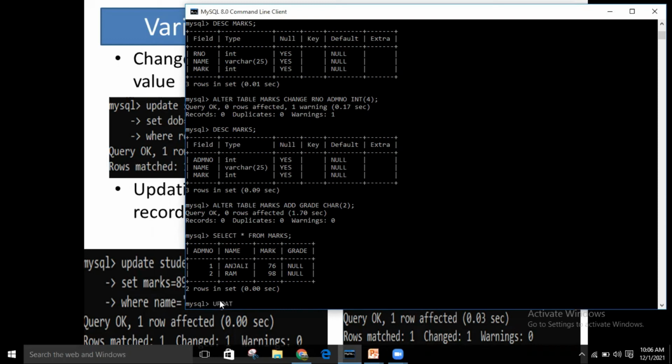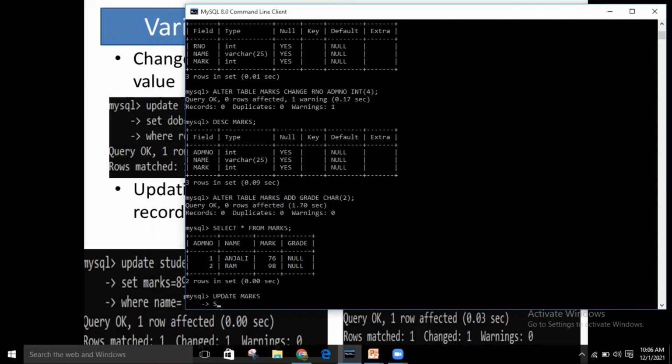UPDATE, right? Update के साथ table नहीं लगेगा, याद रखिए. UPDATE, and of course the column name. ठीक है? And of course you have to use the keyword SET, आपको use करना है. किसको set करना है? You want to set grade as A1. ठीक है? आपने grade को क्या दिया था यहाँ पर, you have entered grade as a char.